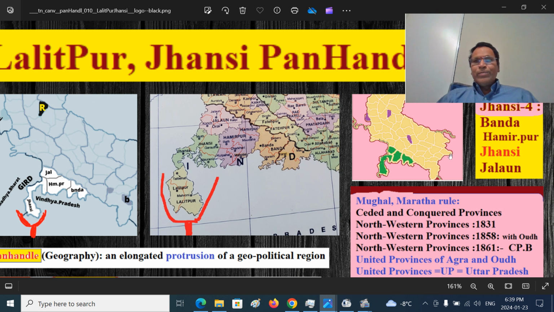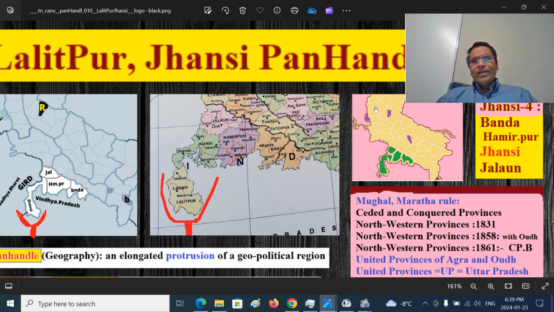Buxar is on the border on the Ganga near Ghazipur and Ballia, on the other side of the river Ganga. Actually, in the Shahabad region, Rohtas, Buxar, those regions are in Bihar today. After the Battle of Buxar, 1764, the Nawab of Awadh, Ayodhya, came under British control. The Nawab gave this territory, the Benares region. Later, the Nawab gave them this territory, the Gorakhpur region. And the Marathas, after the war, gave this territory round about 1818, the Peshwa, Bajirao II.